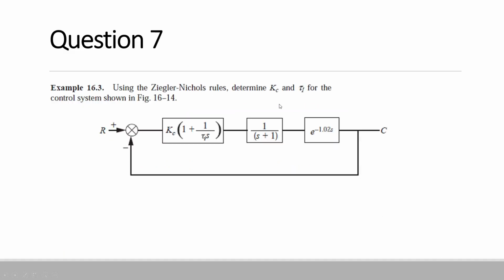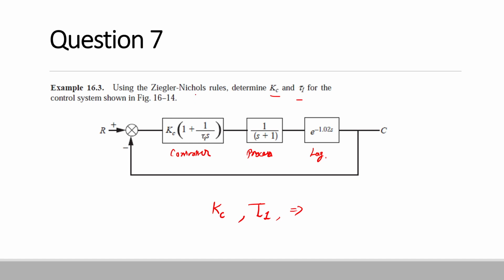So over here, this is the first question that we are solving today. The question states that for the given block diagram, we have to use Ziegler-Nichols rule and determine the value of Kc and tau I for this system. Over here you can see that this is our controller, this is the process model, and this is our, you can say, lag. For the given process system, we have to determine the controller parameters, that is Kc and tau I,